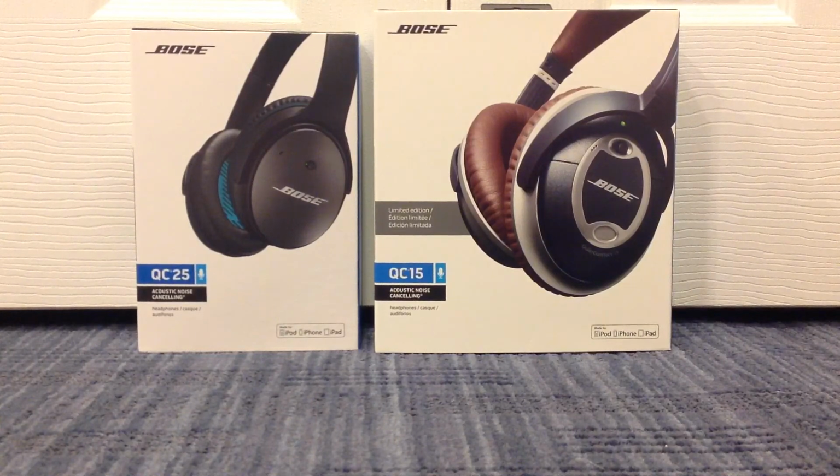So another question that you might ask is, if you have the QC15s, is it worth it to get the QC25s? And in my opinion, if you're putting the QC15s in your bag a lot and you're carrying it around place to place very often,